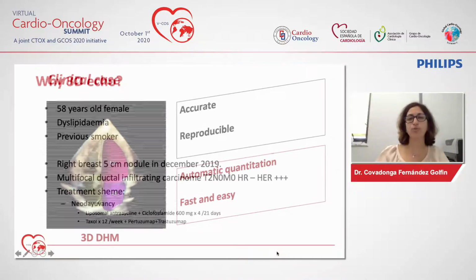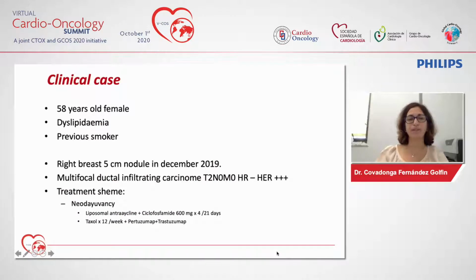But let's move to our clinical case. It's a 50-year-old woman. She has dyslipidemia, and she was a previous smoker, no other cardiovascular risk factor. She was consulted because she had a right breast 5-centimeter nodule in December 2019. Final diagnosis after all the workup was an infiltrating ductal carcinoma, and she underwent a treatment